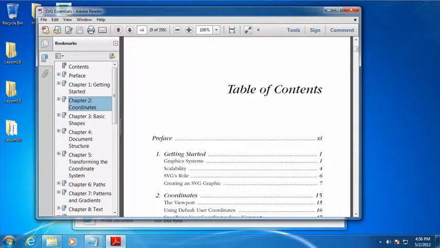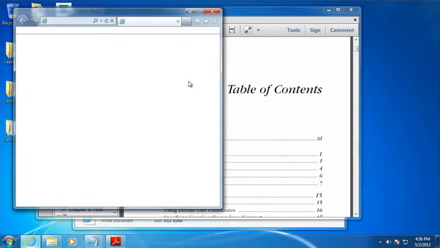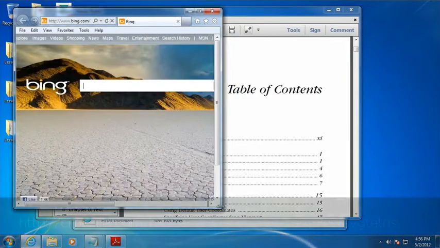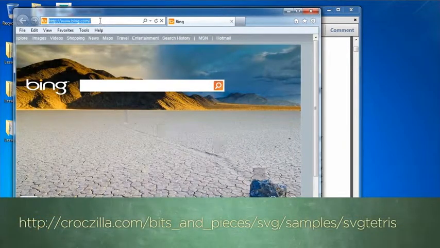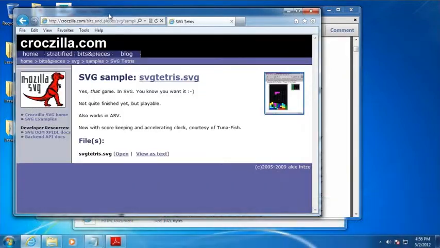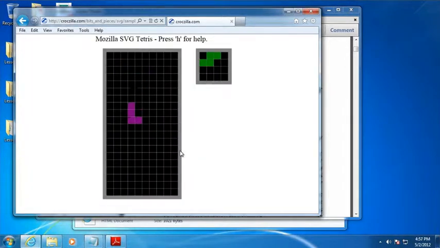Let me show you what I promised early in this video, and that is a game that was created using SVG and JavaScript. So you can take a look at this SVG Tetris, and I'm not very good at this. I tried it a little bit earlier today. Oh man. However, you are able to play Tetris with it,